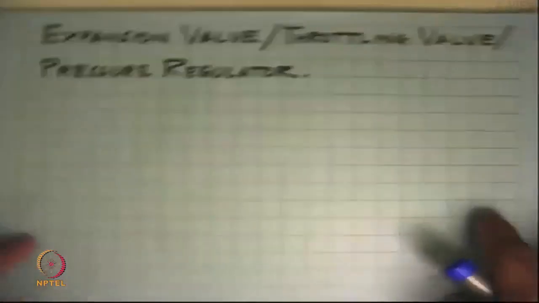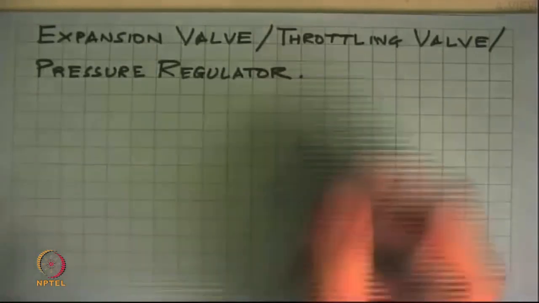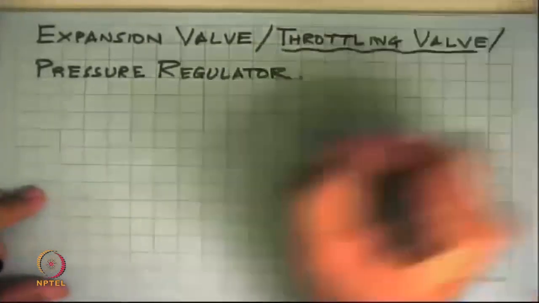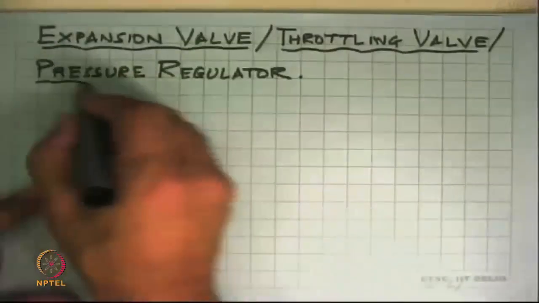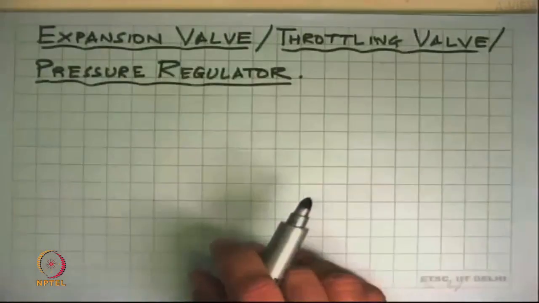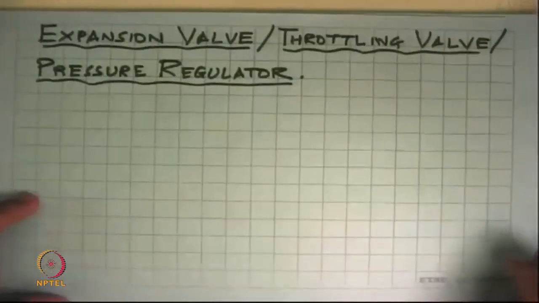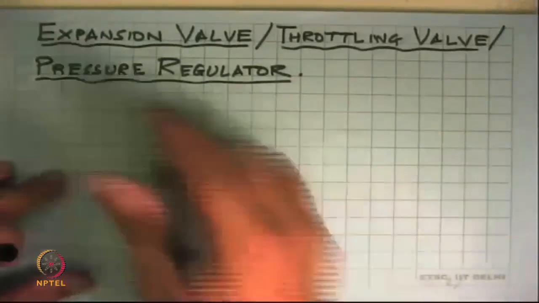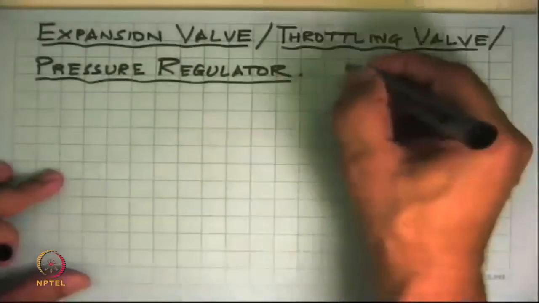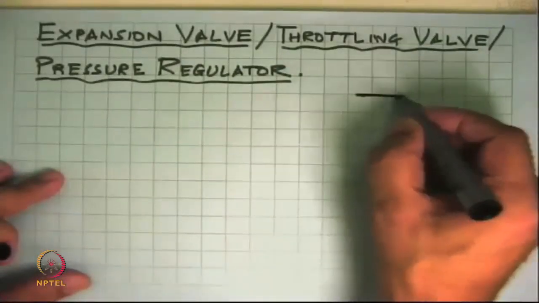The next thing we are going to look at is a device which we will call a throttling valve, but some places also known as an expansion valve, and popularly we also see these as pressure regulators. So all of them in construction would be slightly different, but in all these cases what we have done is that we just have a small constriction in the flow,